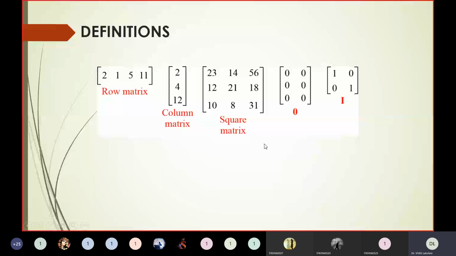Any matrix which contains all zeros is said to be which matrix? Are said to be